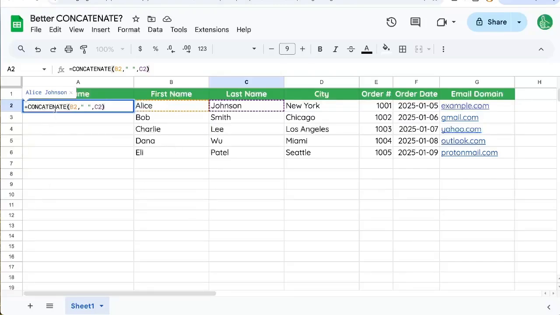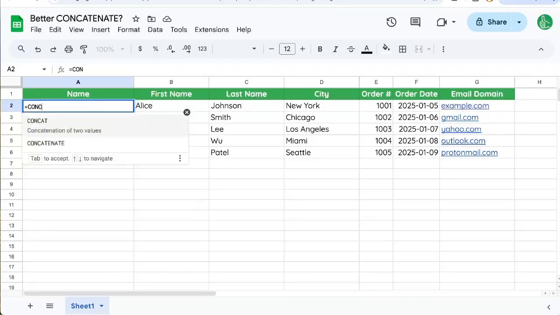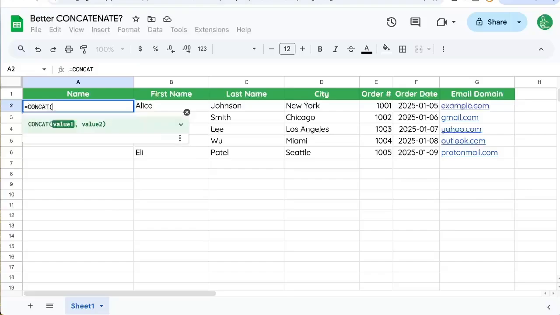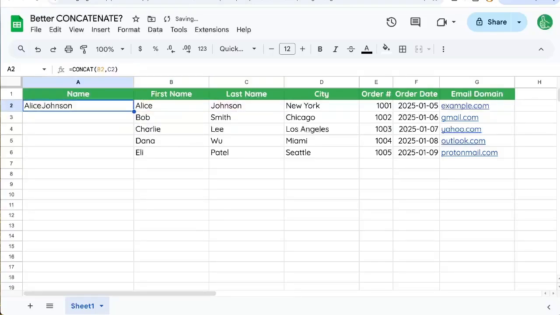But concatenate has its issues. One, it's hard to spell, it's hard to remember, it's a very complicated name for a very simple function. But it works. And I want to show you something that might be simpler, or maybe even better than concatenate. Well, one option is concat. Concat is shorter, but it's only going to combine two values. So if we have first name and last name, it's not going to allow you to have that space there. So if you need to add extra text, extra items, extra emojis, or anything more than two items,